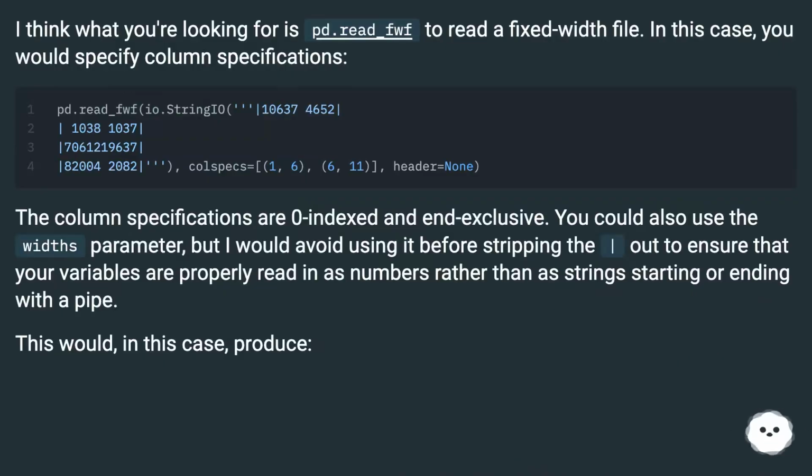I think what you're looking for is pd.read_fwf to read a fixed width file. In this case, you would specify column specifications. The column specifications are 0 indexed and end exclusive. You could also use the widths parameter, but I would avoid using it before stripping them out, to ensure that your variables are properly read in as numbers rather than as strings starting or ending with a pipe. This would, in this case, produce